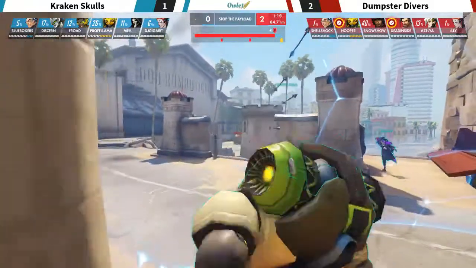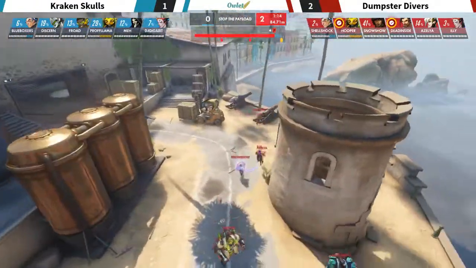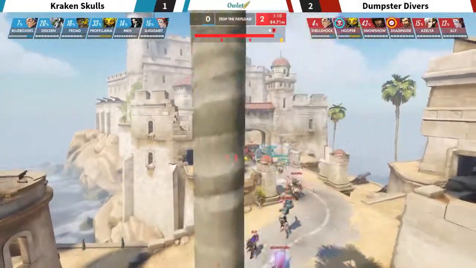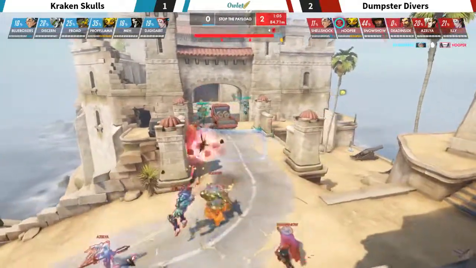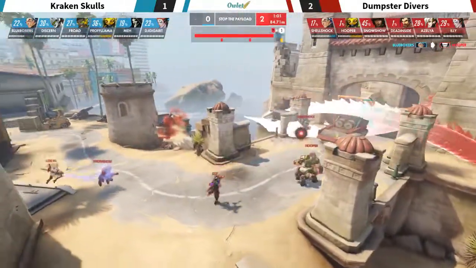So, you know what? If I'm Dumpster Divers, I'm pretty happy that we lost that fight and got that many ultimates out. Yep, ult economy is a beautiful thing, and if you don't have it, it can be quite difficult to get it back. Hooper going to be able to use that supercharger as we see a very long distance Dragons coming